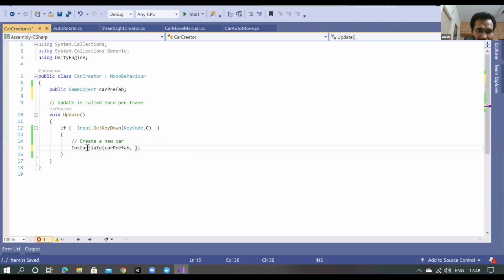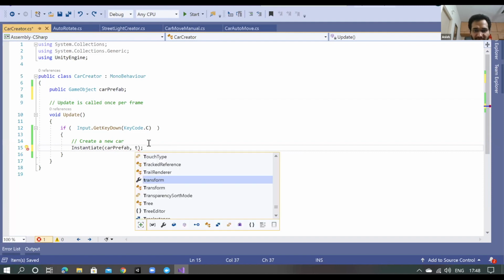For now, Instantiate. I'm creating this object car object, which is car prefab. I can call it car object better. Car prefab, position. In place of position, I'll just put transform.position.